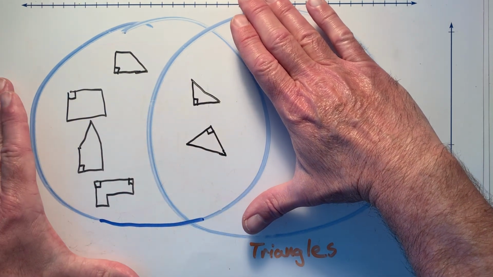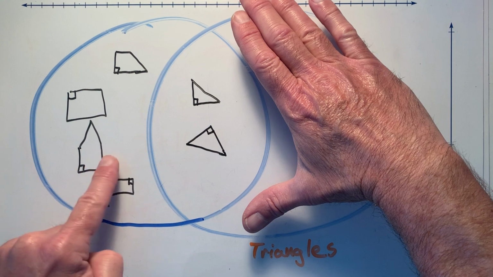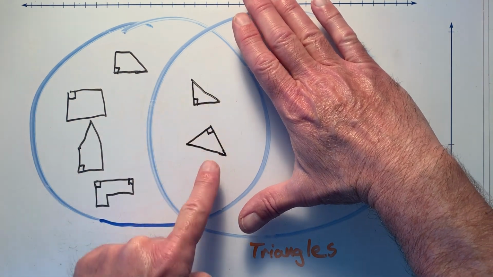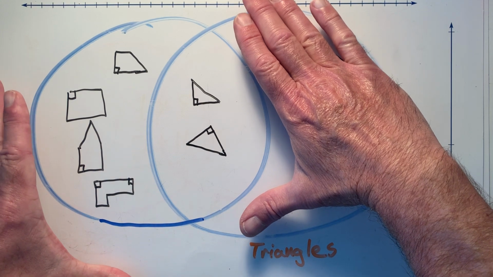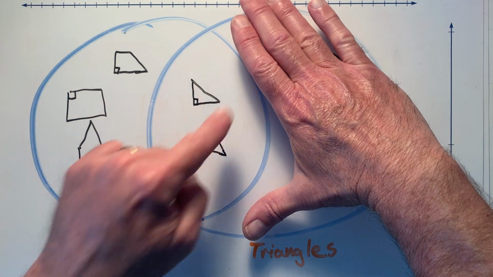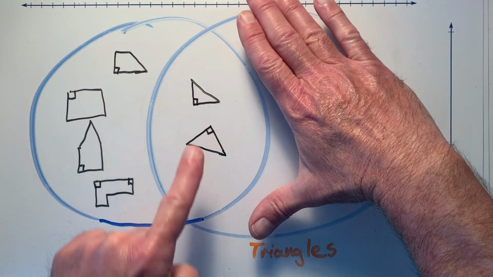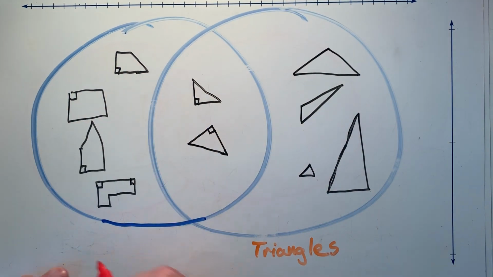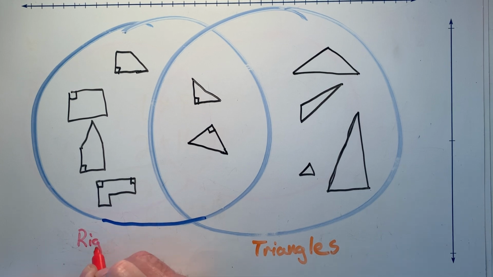It doesn't count for the number of sides that are in here. It's something else. I notice that this has parallel lines. This has parallel lines, but these do not have parallel lines. So that cannot be the condition. I have to find something that fits everything. And if I look carefully, I will notice that all of these have right angles. We could also say that they are perpendicular lines.